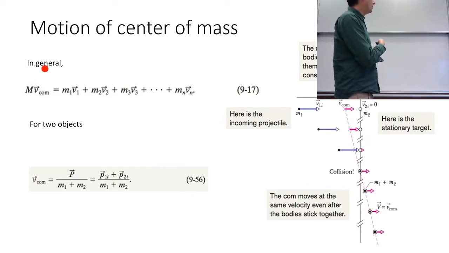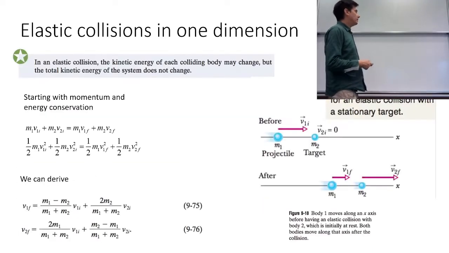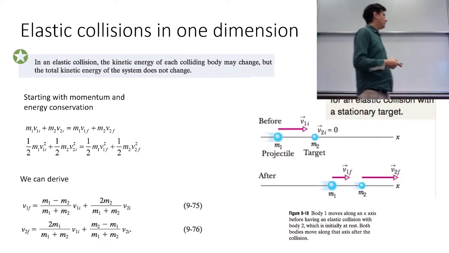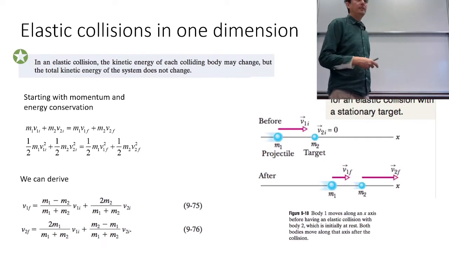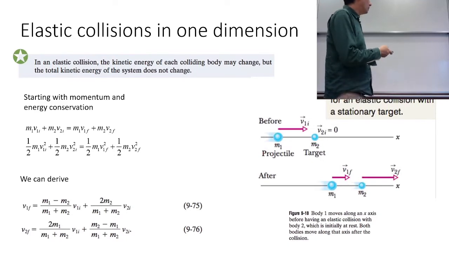So if you look at the motion of the center of mass in a completely inelastic collision, it's unchanged. If you draw a line back from after it's stuck together, that would be the motion of the center of mass. And where we got up to, I think, was talking about elastic collisions, and by doing a little bit of algebra, it's a little bit tedious, but you can actually work out